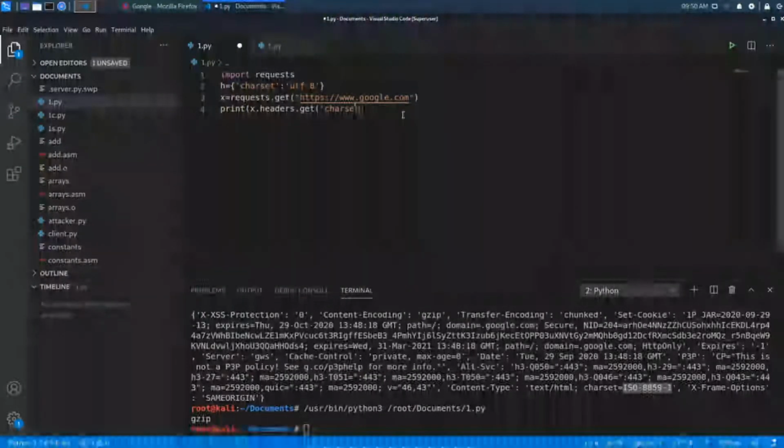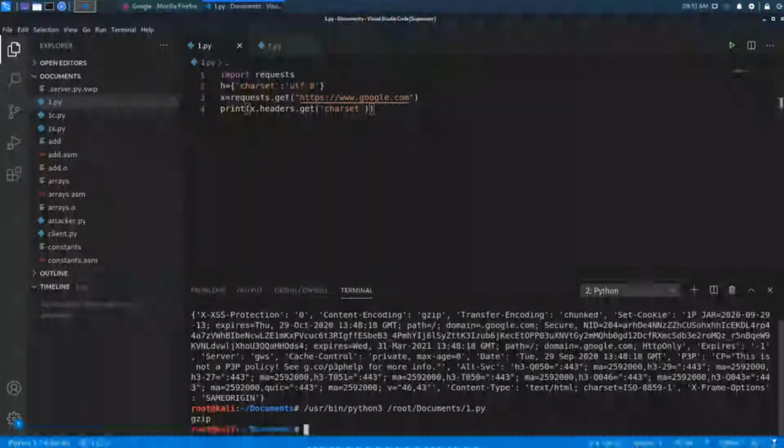I think it's not possible because it won't allow us to change the headers. Passing custom headers won't change the content unless you have the server permissions with you. So let me compile the program. Python 2